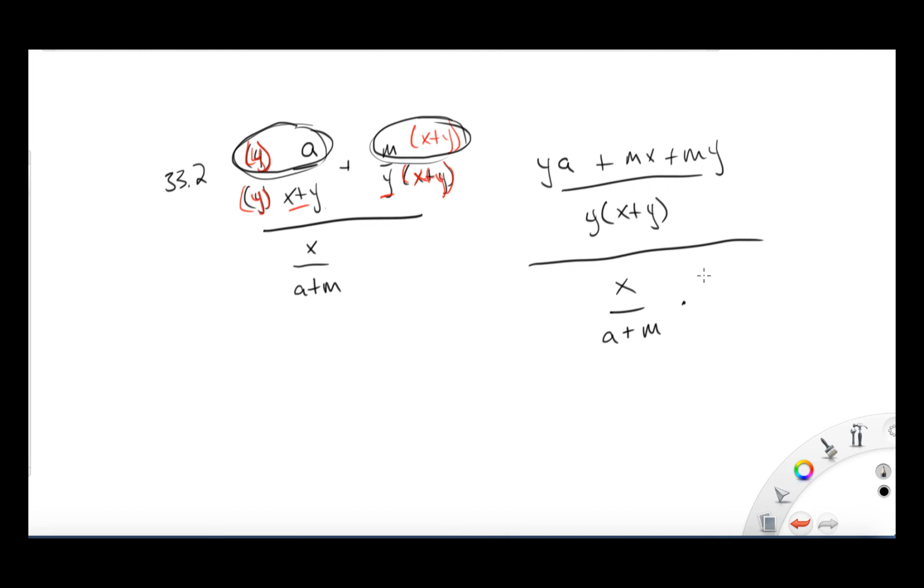We're going to multiply a plus m on top over x. Those all cancel out, but we bring this one to the numerator, and we're going to say a plus m over x. Okay, so a couple things. The x will cancel out here, which is great,